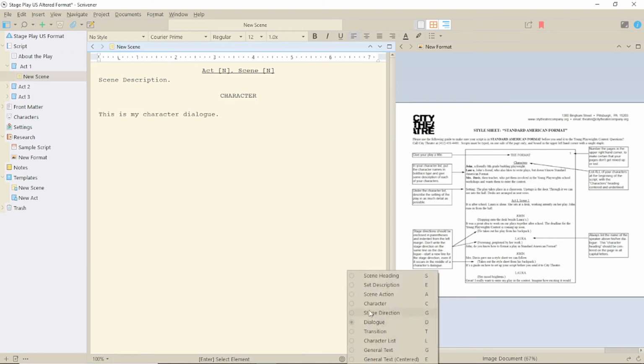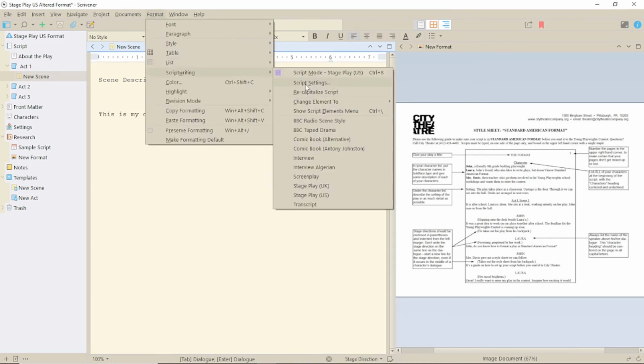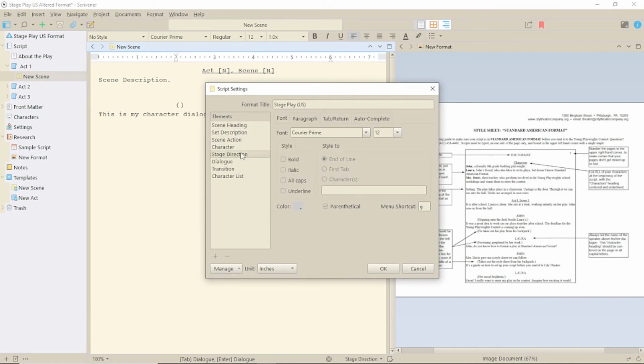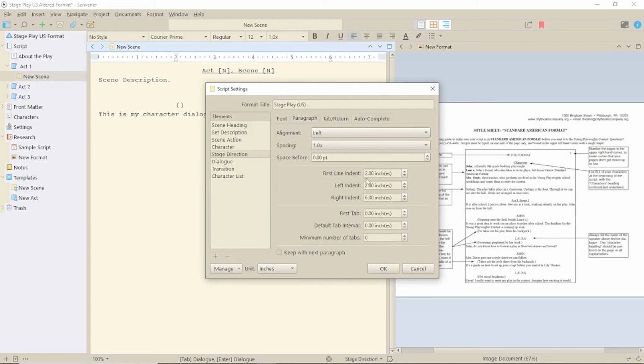Stage direction needs the indent made much less. This isn't actually centered if you look at the instructions, it's just much less indented. So I'm changing it to 0.5 and removing the right indent.